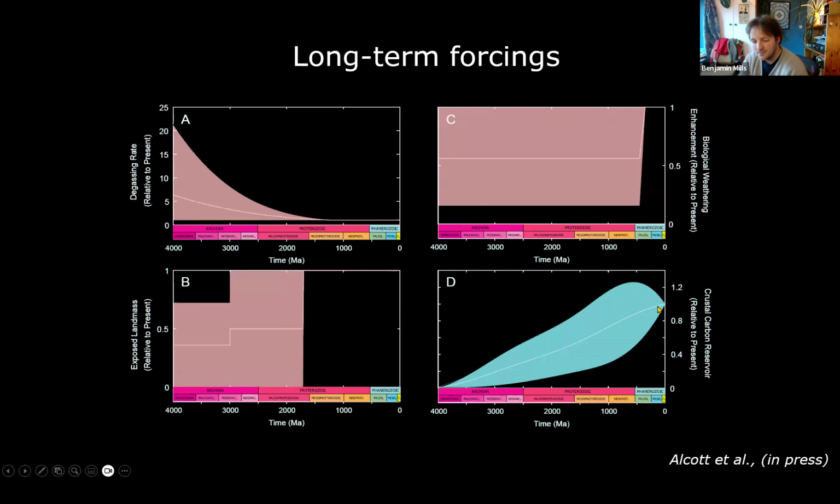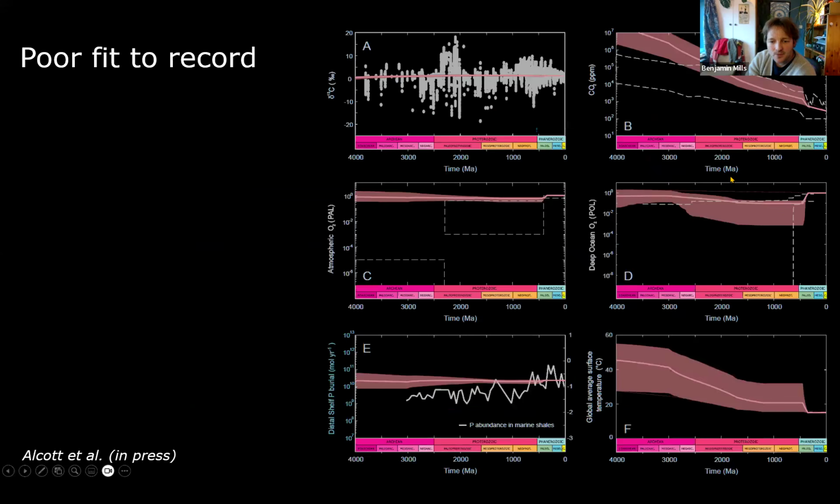So this is something we've uncovered for ourselves, at least, is very important. Now, there are, again, some papers that have previously talked about buildup of carbon in the crust, again, the Hazen and Wallberg paper, being very important for oxygenation. But this is, I think, the first time it's been included in one of these dynamical models that tries to do everything from first principles. So first, I'll take you through what happens in the pink model. So this is where we have degassing rates either going down or constant, we have a little bit of continental emergence, and we have some ambivalence about biological weathering.